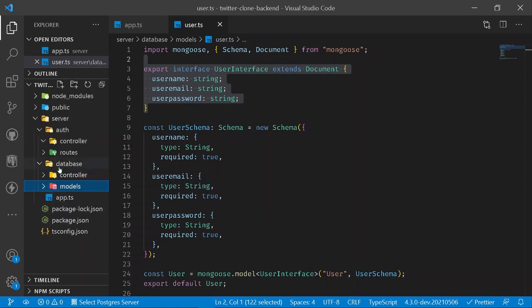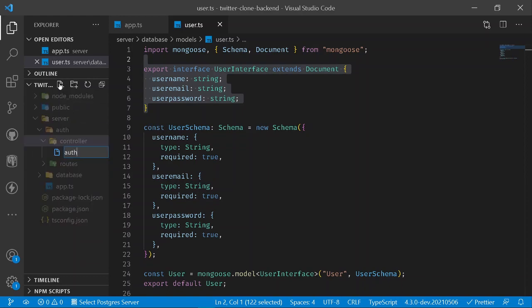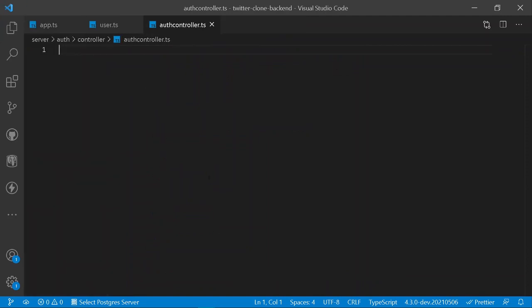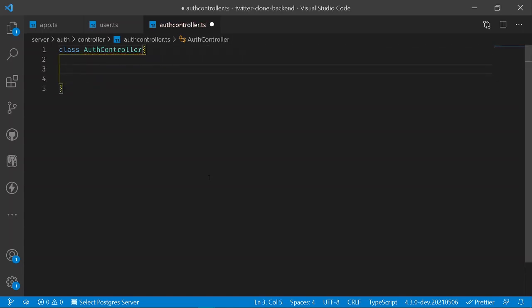Once we have created our proper folder structure, let's go under authentication, and here I will be creating a new file known as auth controller.ts, not dart.ts, just like this. And here I will be creating a new class which will be our auth controller. Easy. Under my auth controller, I need to initialize all the methods that we need, which are sign up and login. For that purpose, I will be creating a static method.